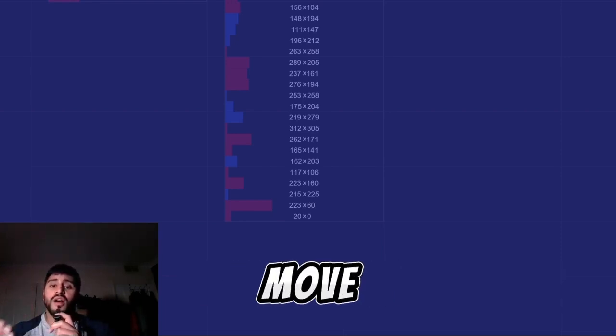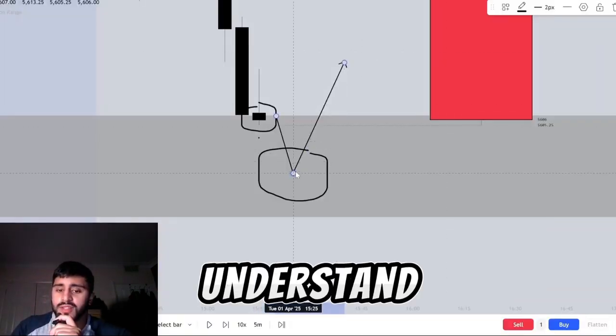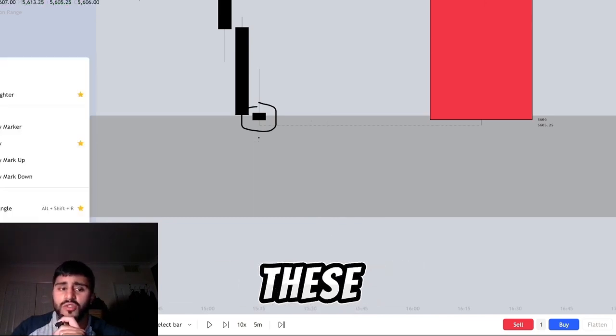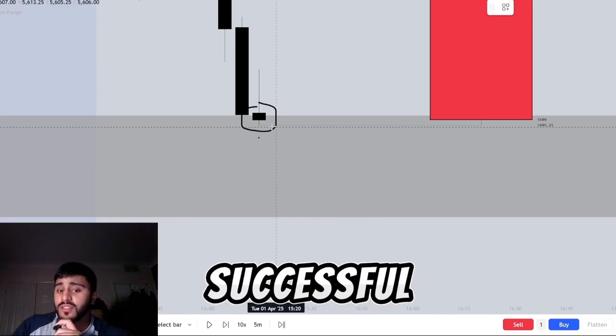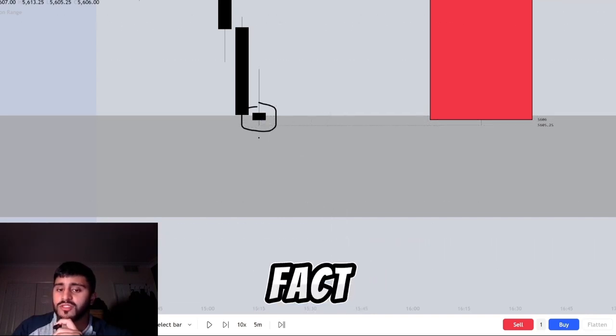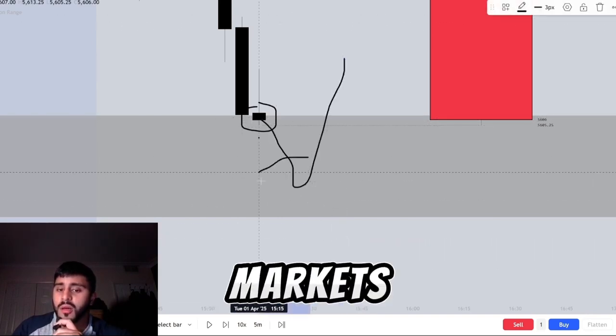You know the markets are going to move higher or lower. So how do you know if they're going to move higher or lower? Well, it's quite simple to understand, really. What we've seen over here is tons of aggressive sellers, right? But if these aggressive sellers were actually successful in driving price down, they would have broken the zone, right? But they didn't break the zone. In fact, the zone held. So we see the markets bouncing